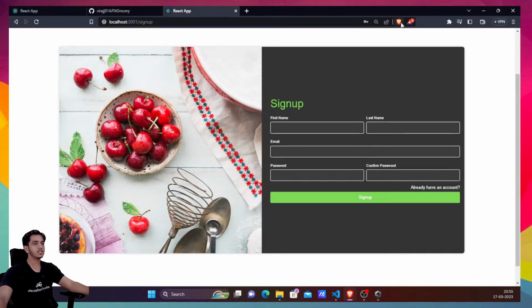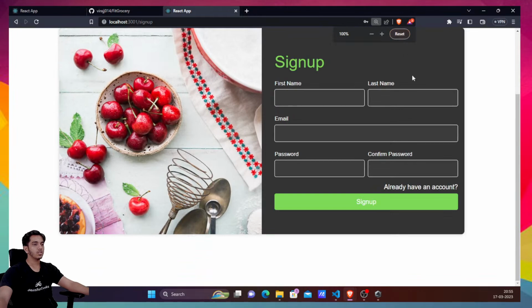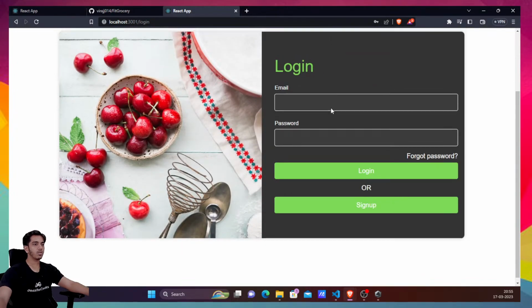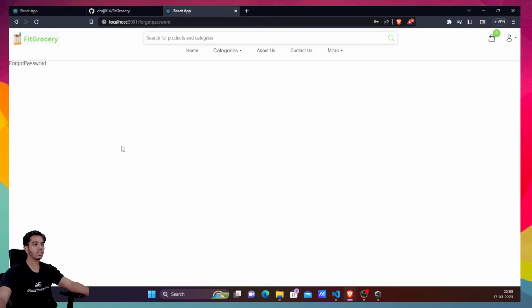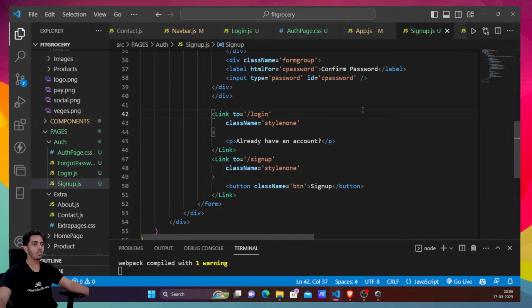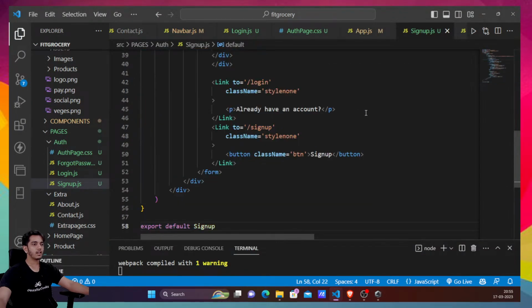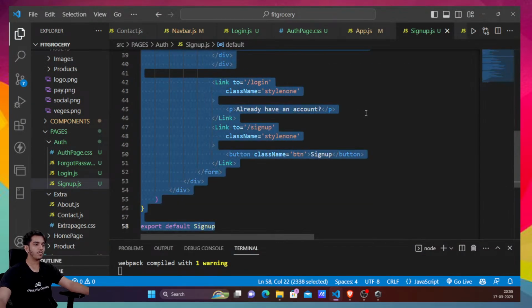So you can see that in the sign up page, let's make it normal now. In the sign up page, if I click on this "already have an account", I'll be redirected to this page, because you can see that forgot password is the only remaining one. So in forgot password, if I copy the sign up one, okay, if I copy everything